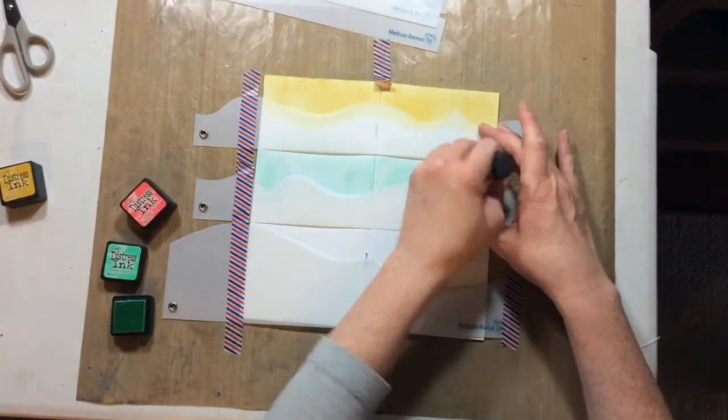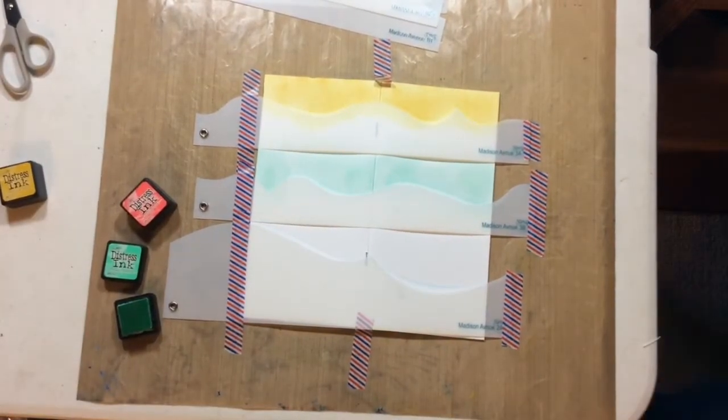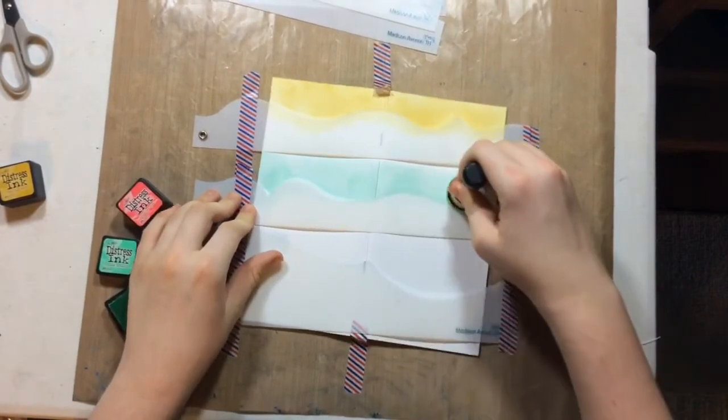Those aren't big pages. And I decided to go with Beth's Traveler's Notebook inserts for this project because, oh wait, as an aside,